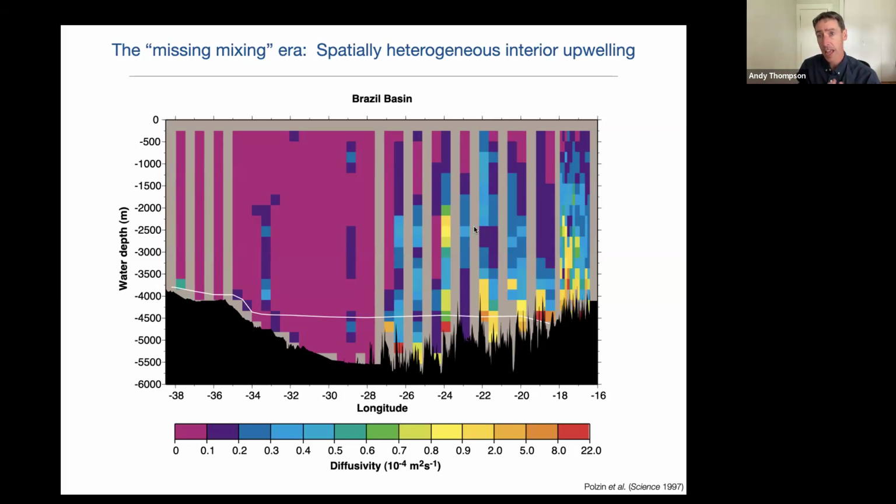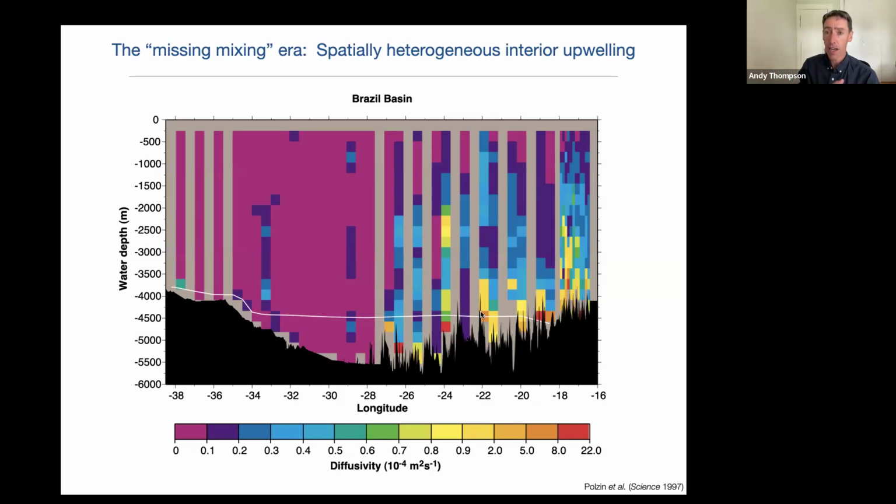You're looking at colors here as an estimate of the turbulent diffusivity in the ocean interior, but it's a proxy for how much mixing there is. And what you can see is that over most of the ocean, you have these low values, which are less than 1 times 10 to the minus 4, which is the predicted value. But yet when you get over rough topography, there's enhanced mixing. And so there was a lot of work trying to understand if we went to a number of different places in the ocean, could we accumulate enough strong mixing locations to close the overturning circulation? And this remains very much an active area of research.